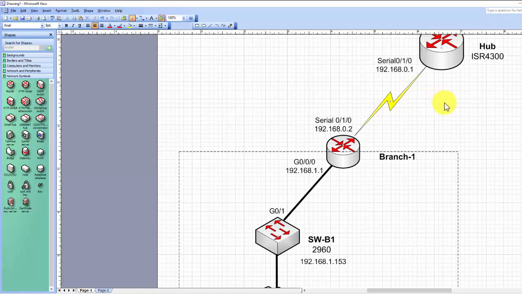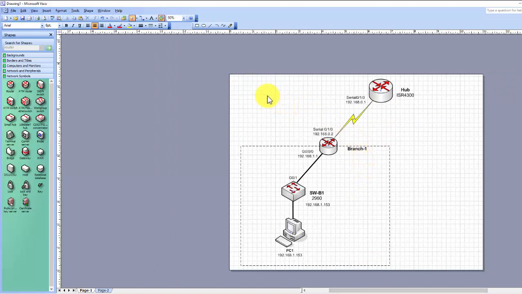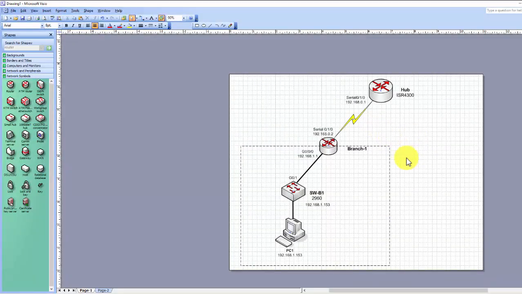Maybe the paste is not working well. So we already had the first branch network on PC1. Next, we do the similar steps on PC2, 3, to PC7 to draw a map of the network